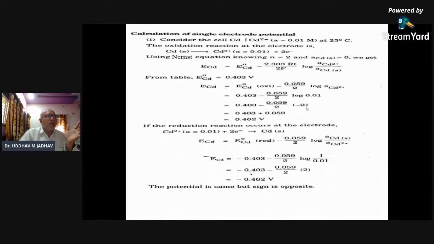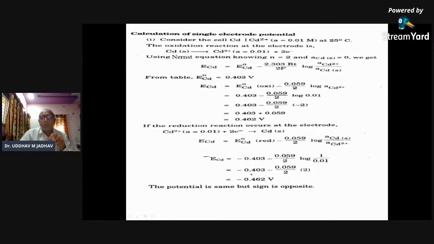Because here it is nothing but the reduction potential, and for that purpose we know, or we have seen, that oxidation potential is equal to reduction potential, but the sign will be opposite. If suppose oxidation potential is positive, then the same value of reduction potential will be there, but the sign will be negative. And for this purpose, what is that? 0. Minus